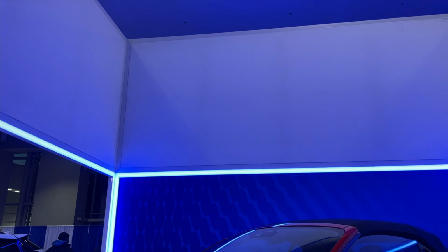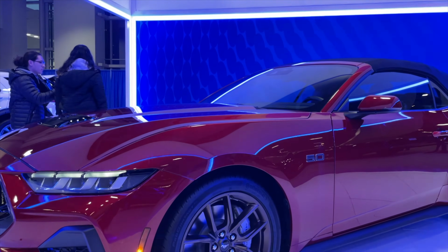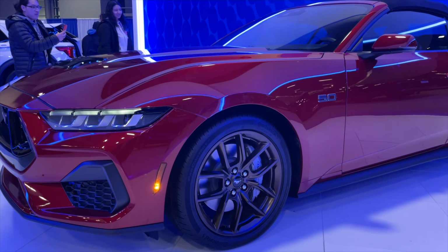So I'm really curious as to why that is. I know part of it has to do with the increase in weight, and weight obviously helps with putting the power down, but also, you know, the heavier the car, the slower it's going to accelerate, right? So it's gained a lot of weight for the S650 Mustang generation, but it also has a little bit more horsepower, and the weight